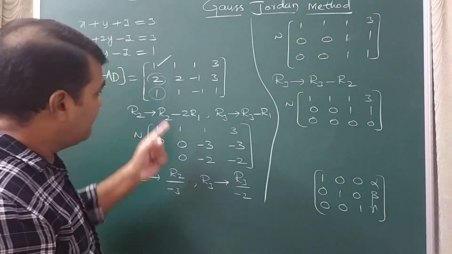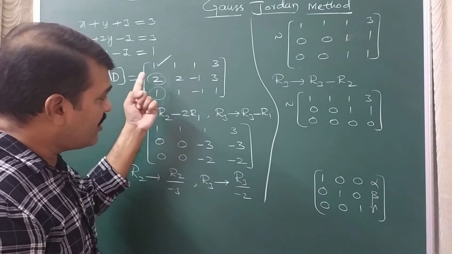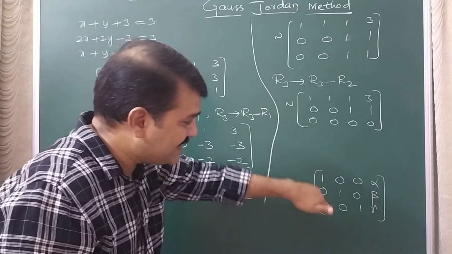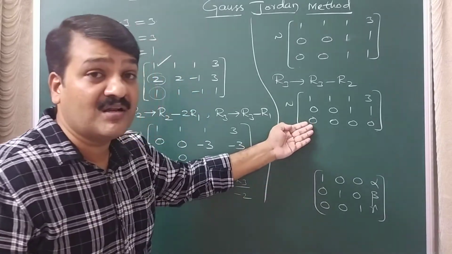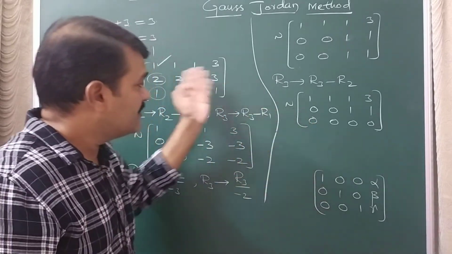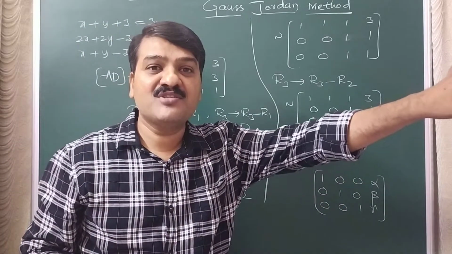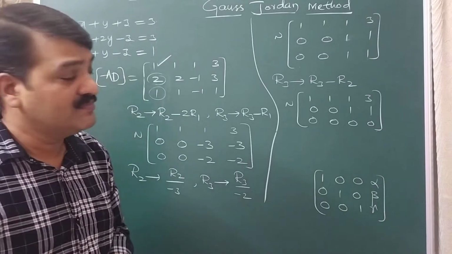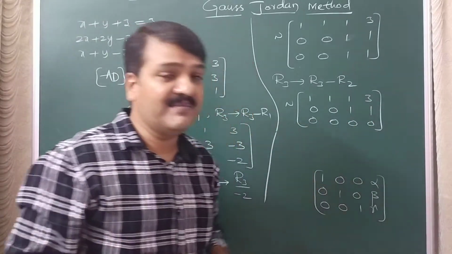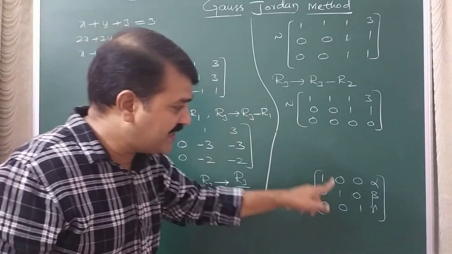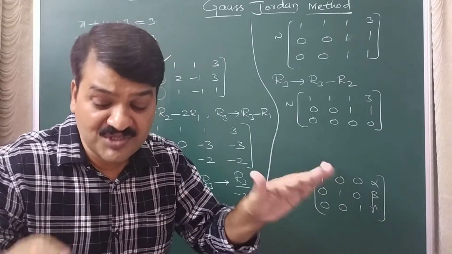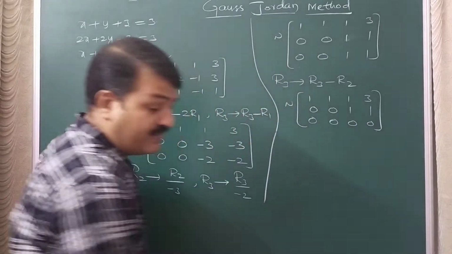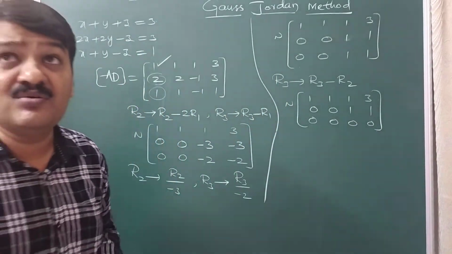That is, we are trying to convert the augmented matrix into this form, but in the process itself we are getting zeros in all row, in the complete row. That means you will not get a unique solution here, because you cannot convert into this form now. Because all the elements of third row are 0, you cannot convert into this form, you will not get unique solution. So all zeros in one row means you will get infinite solutions.